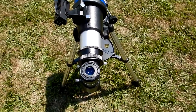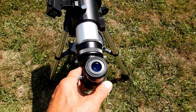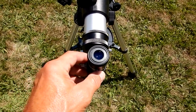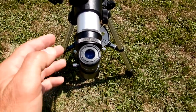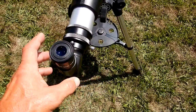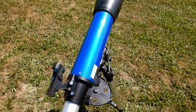So the only motion that is actually relatively smooth is your azimuth. As I look in the eyepiece here, when I move it and stop, it stops. There's no settling in. You move it, it stops. Unlike the altitude, where